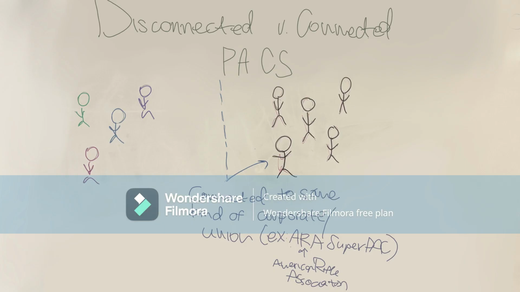A case involving the regulations by the FEC arose in Citizens United versus FEC. It centered on campaign finance laws and the ability of corporations and unions to spend money on political advocacy. The court ruled in favor of Citizens United, asserting that restrictions on such spending violated the First Amendment's protection of free speech. This decision led to increased corporate and union influence in elections and the formation of super PACs.